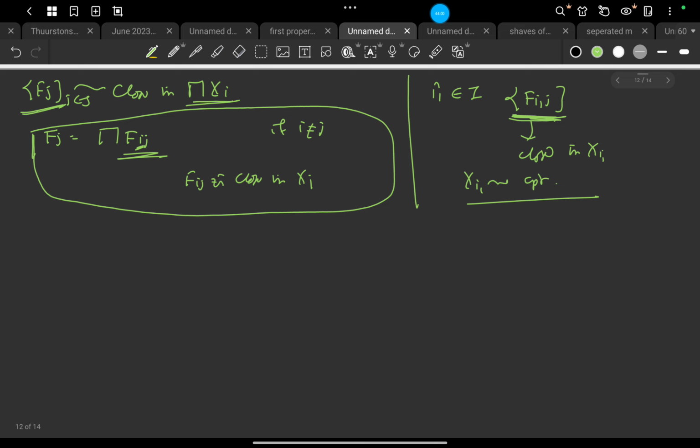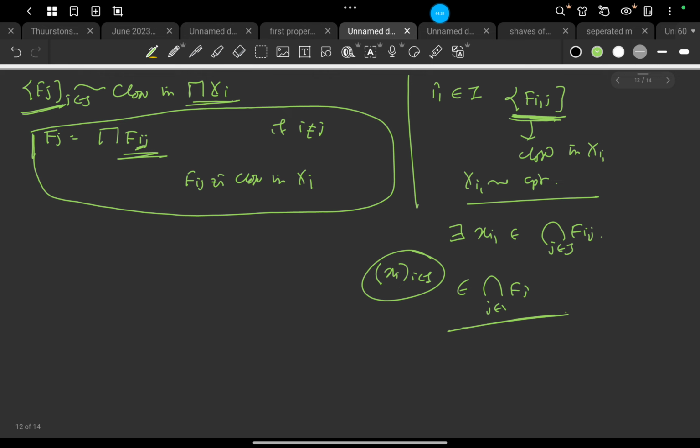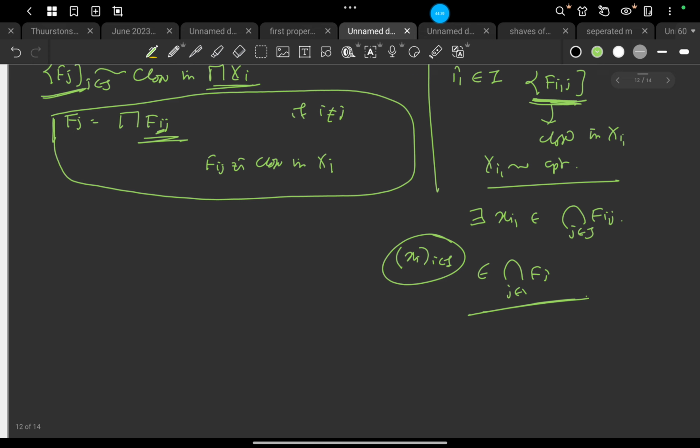That means there exists a certain x_i1 which is inside the intersection over all j belonging to capital J of F_i1j. So for each i we can do such things, and then take x_i, i belonging to capital I. This entire tuple from the product of topological spaces has to be inside the intersection of all F_j, j in J. This is how one can construct it.